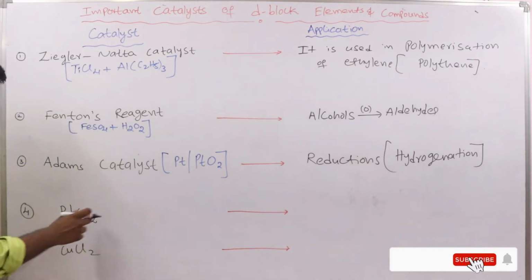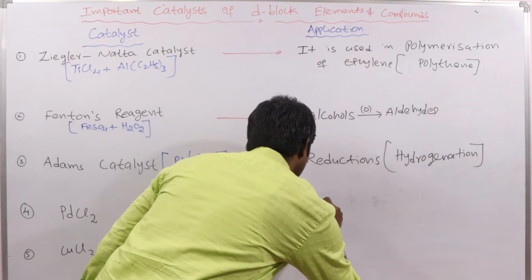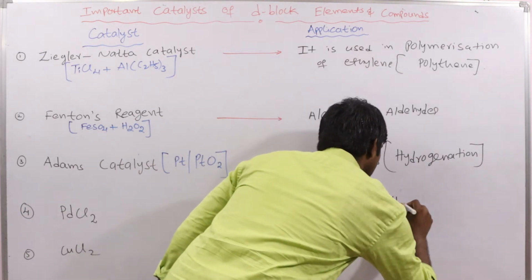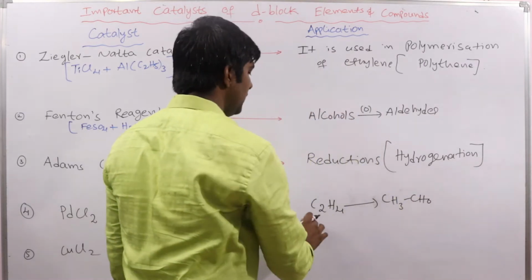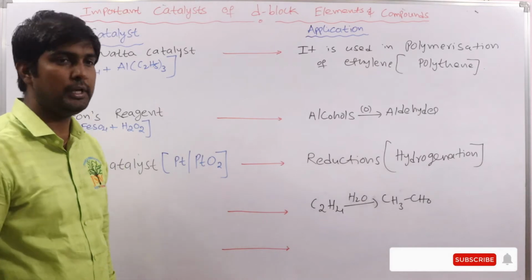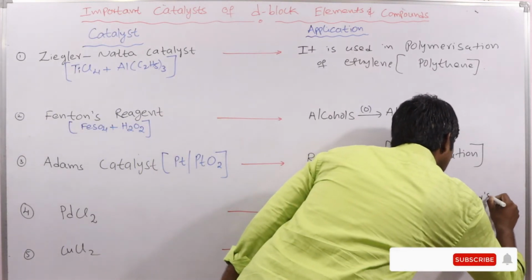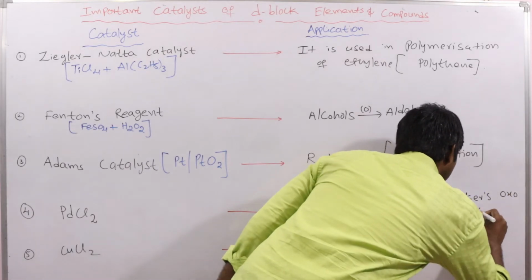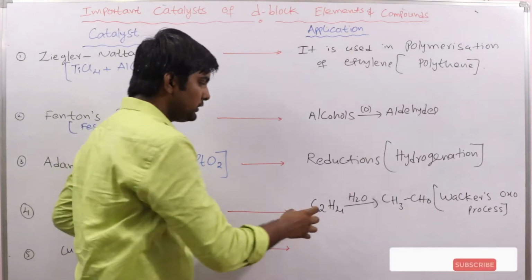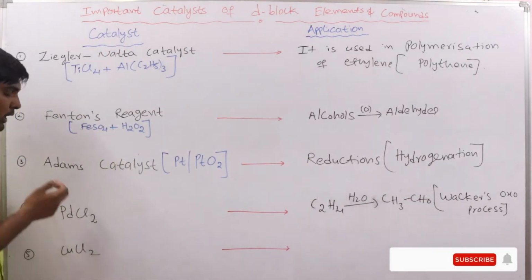And next, palladium chloride, PdCl2. This is used in the conversion of C2H4 to acetaldehyde. Generally C2H4 when reacted with water is converted into CH3CHO. So this is called Wacker's-Oxo process. In the Wacker's-Oxo process, conversion of ethylene into acetaldehyde is carried out in the presence of